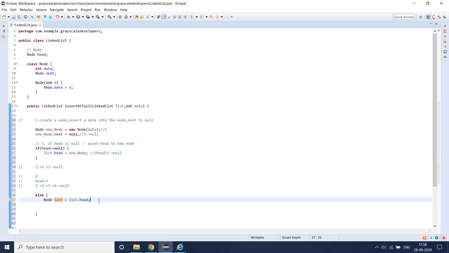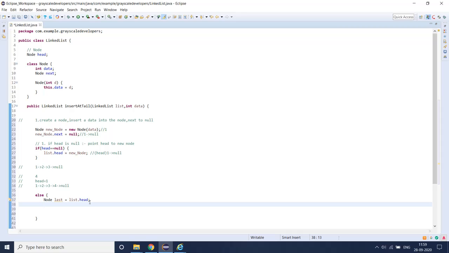So really I have to go to the last node. So I have to find out the last node, because if I have to insert 4 here, I have to traverse till 3, and then if I find out this 3, then I will make the next node of 3 as 4. So how to do that one? First I have to consider a head, and then how I will go from head to the real last node.